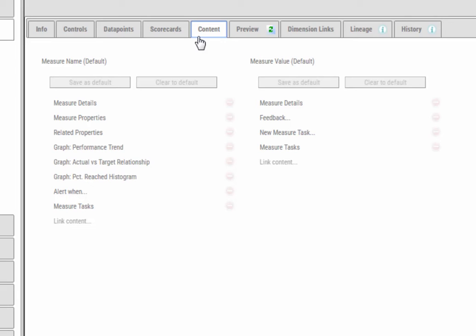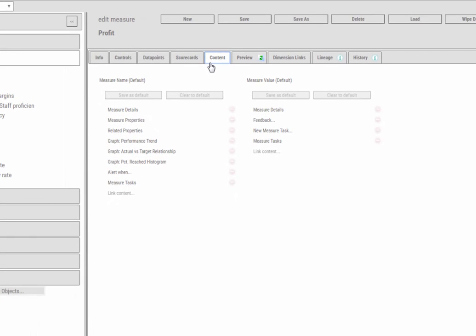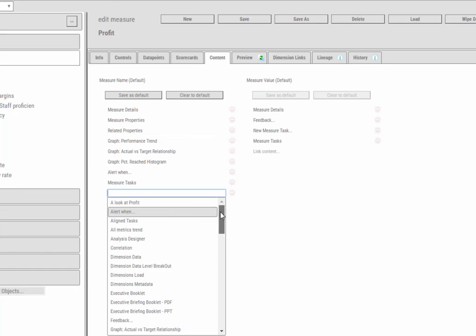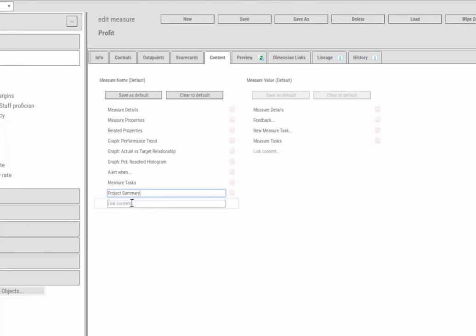Let's say we want to see the summary of projects linked to a measure when we click a measure name. You can either select an item from the drop-down menu or type its name in the link content box. We are going to pick Project Summary from the content list and move it up higher in the menu by